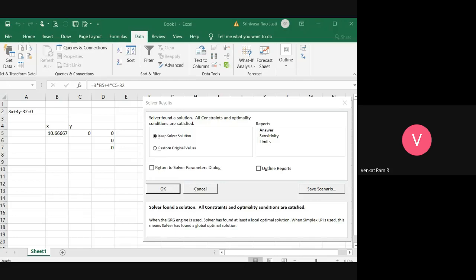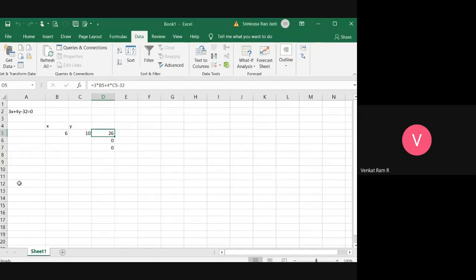If you want, let me try one more equation. Let me try 2x minus 5 minus 3y.